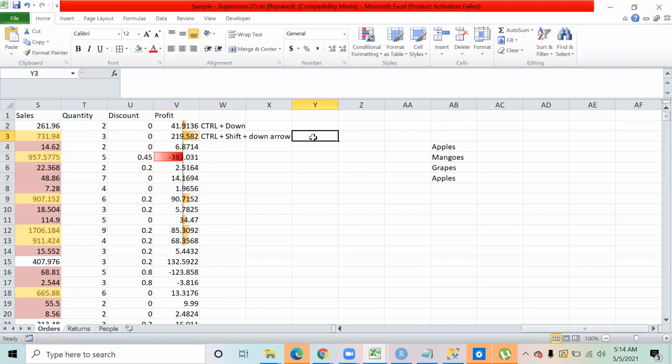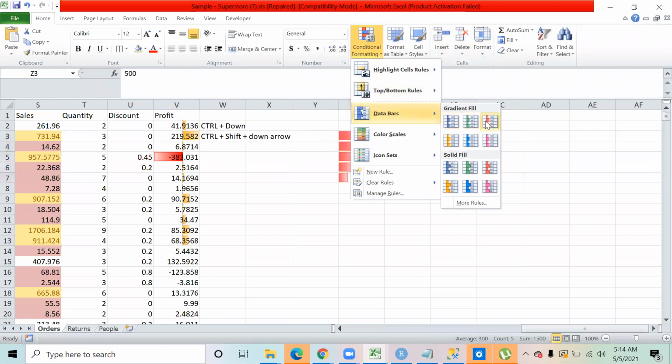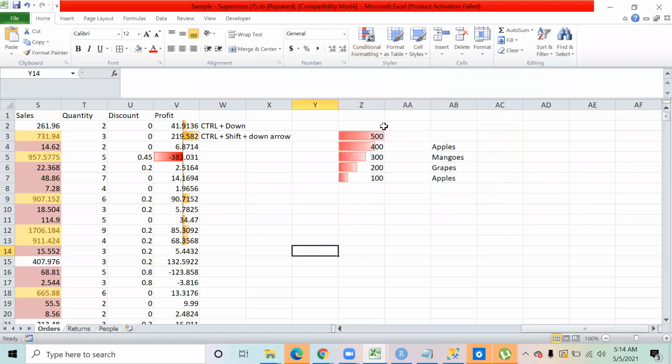Like for example, if I write some numbers over here, 500, 400, 300, 200, and 100, and now if you create the bars, 500 will get the biggest bar. So if I just come again, conditional formatting, and I say I want to create the bars, and if I create it, you can see 500 gets the biggest bar, then smaller, smaller, smaller, and the smallest.